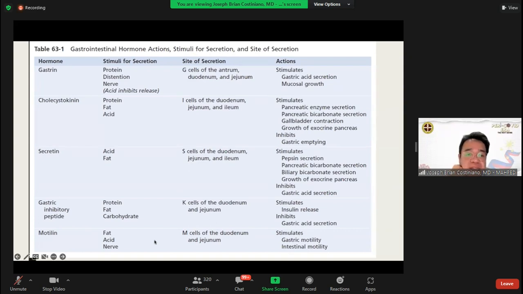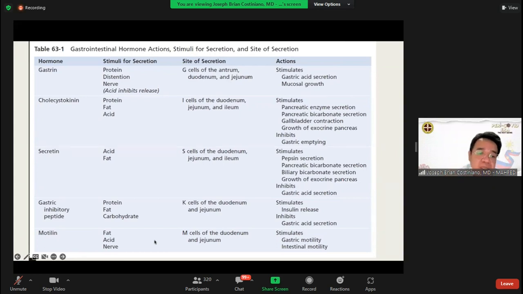Meanwhile, your secretin primarily it's in reaction to acid and fat, no? So acid and fat, so meron kang kinain, so you need to secrete pepsin in order to digest the protein, amino acids, and then also pancreatic bicarbonate secretion and biliary bicarbonate secretion to neutralize the stomach acid. And also, it will tell the stomach, wag ka munang maglabas dito ng food. I'm still trying to counteract the effect of the bolus of chyme.